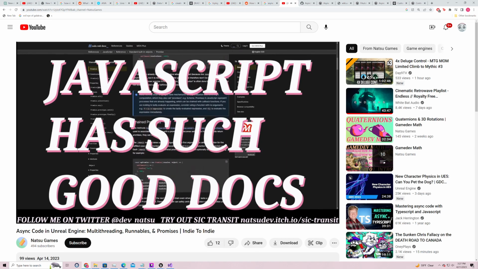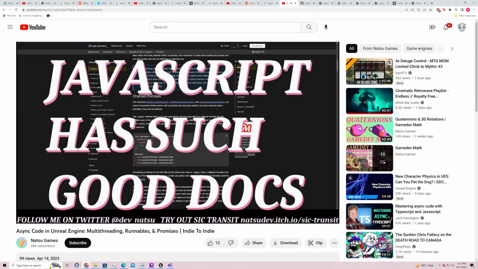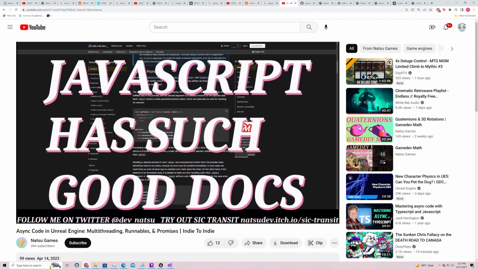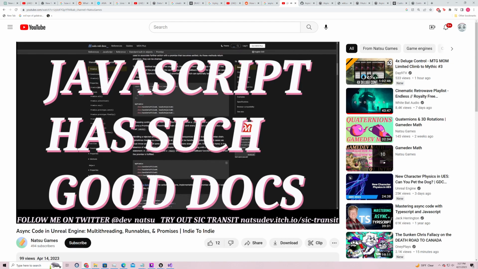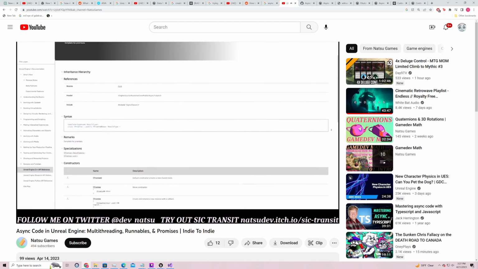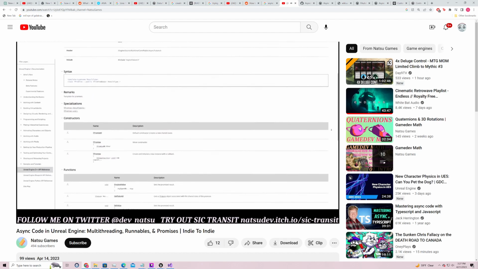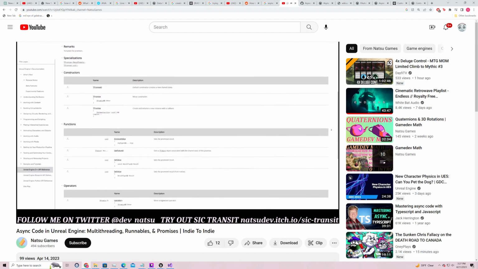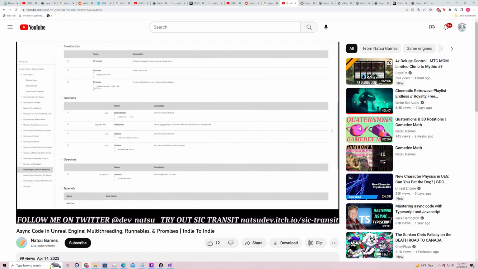If you're familiar with JavaScript, you've probably used promises before and really like them. I rarely praise JavaScript, but promises are so nice in it. But unfortunately, while Unreal Engine does provide them, they're not as nice as in JavaScript. So unless you want to program something better yourself, the out-of-the-box stuff is all we got. So how does a promise work?